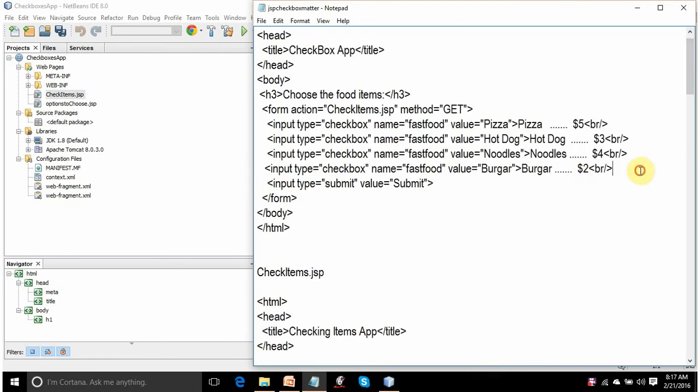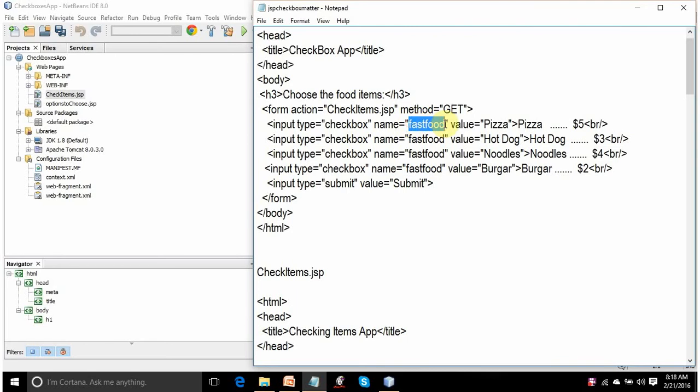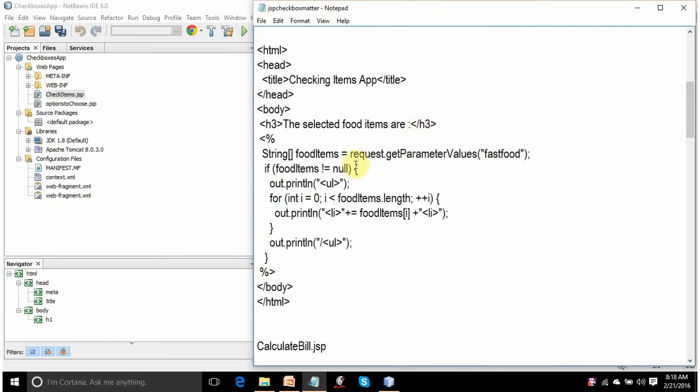All the checkboxes which will be selected will be saved into one variable, fast food. So you're using request.getParameterValues. getParameterValues is a method of the request class, and what it is doing is accessing all the items, all the checkboxes which are selected in the fast food variable. Suppose the user has selected 2 checkboxes, pizza and burger. So these pizza and burger will be stored into this fast food variable, and all the values that are chosen are accessed and assigned to this string array